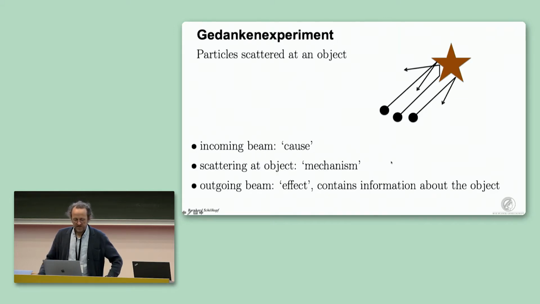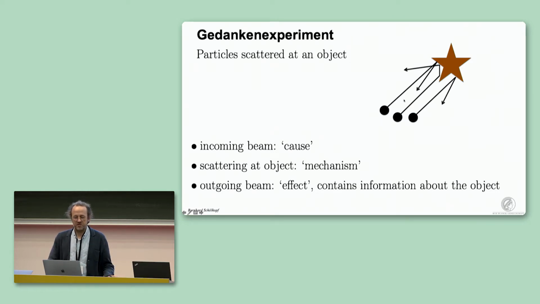And one particular thing that I like is that one can make an interesting connection to the thermodynamic arrow of time. So here's a little Gedanken experiment. We have a cause, a beam of particles flying in, then we have a mechanism that turns the cause into an effect. So the effect will be the particles flying out, and the mechanism will consist of scattering at this object. And this object, of course, has a non-trivial shape. And photography, of course, works this way. We take a look at what's scattered by an object, we record it, and we infer something about the object from that. So certainly the effect contains information about the mechanism. The cause doesn't.